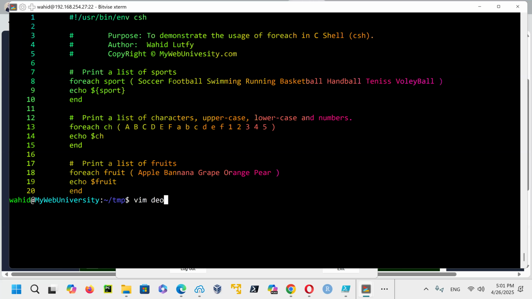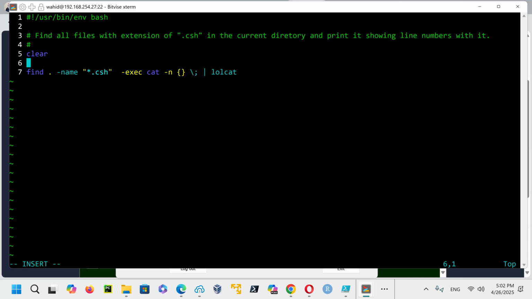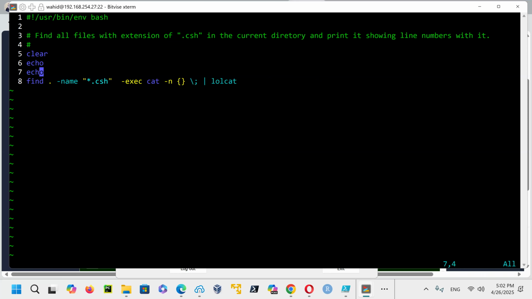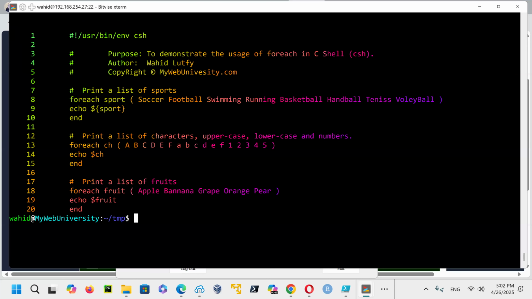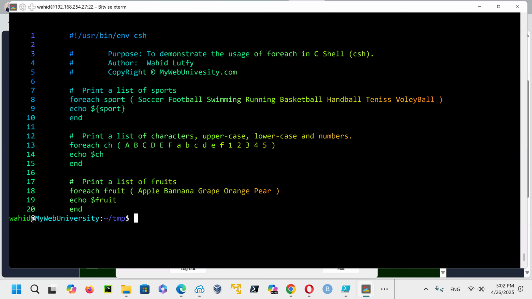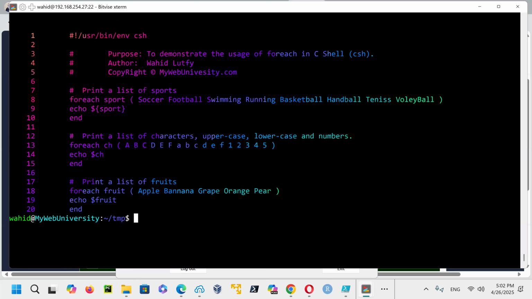So vim demo2.bash, and then here I could say clear, and then echo two lines there, and that's good enough, then wq, and then run demo2.bash. It does that thing. Every time you run it, a different set of colors comes in. You can see, right? It clears the screen and puts it in a nice format.